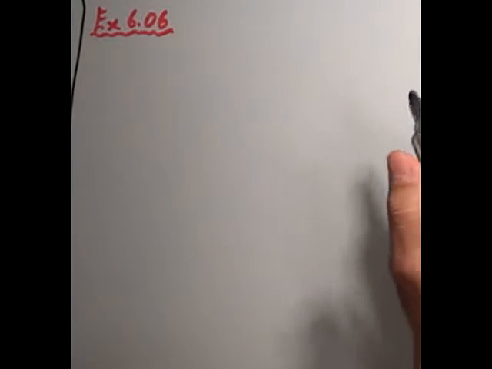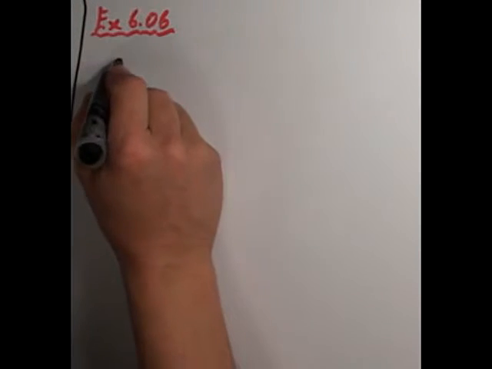Okay, so now I'm on exercise 606, and this has got to do with expressing amounts as fractions and percentages. Let's do an example where I'm told, if you look in your book, example 14, that there are 250 people